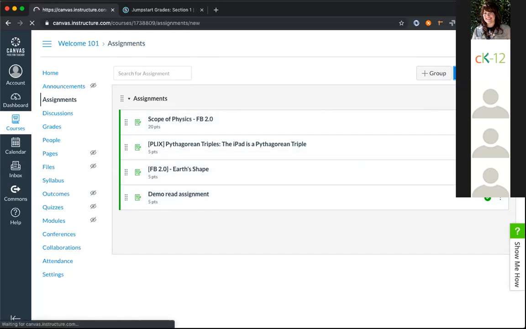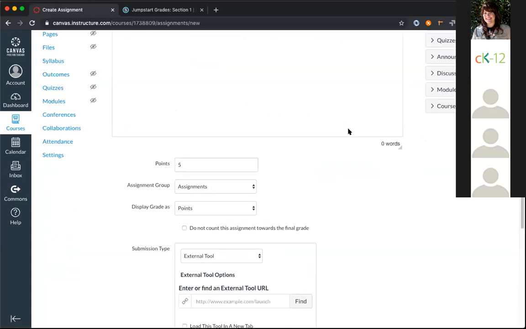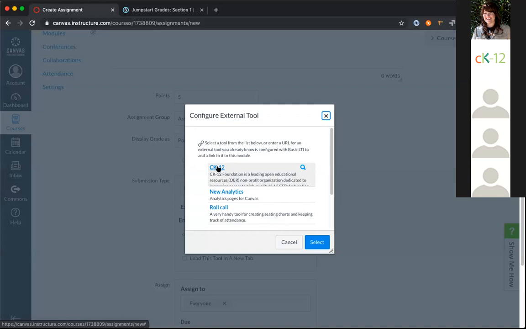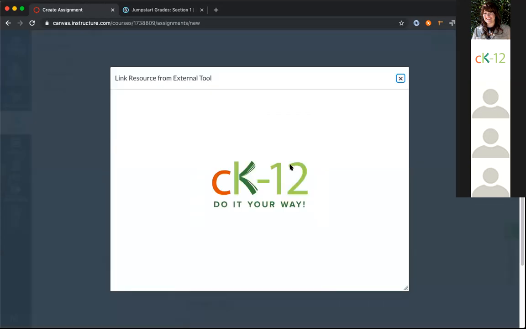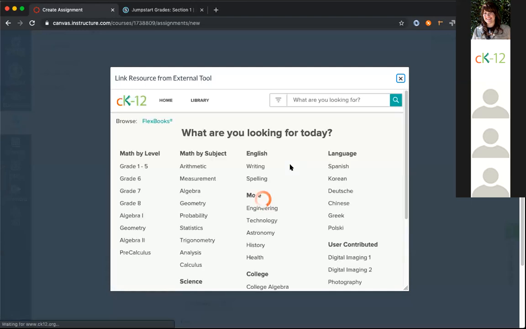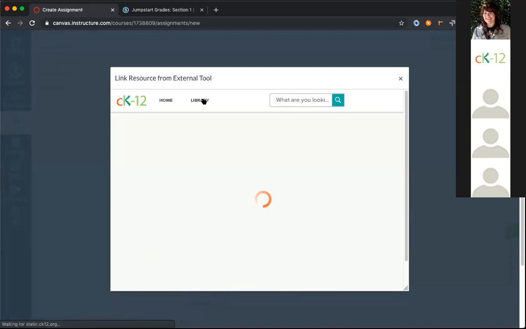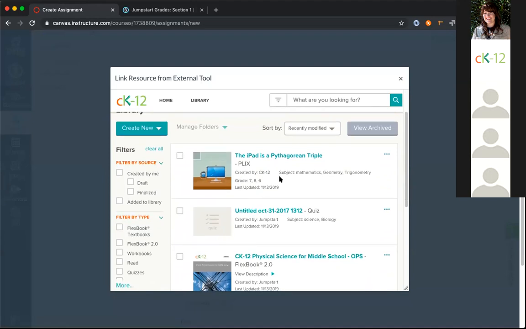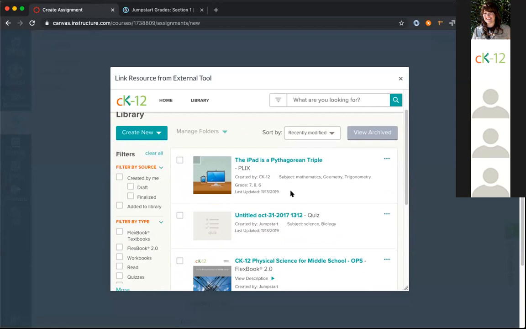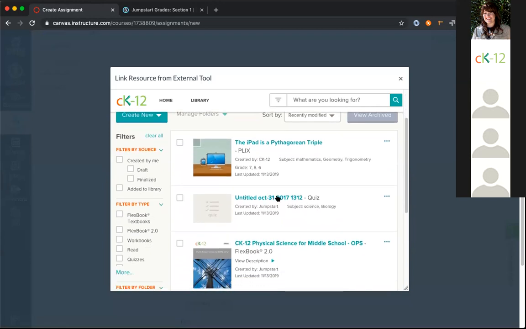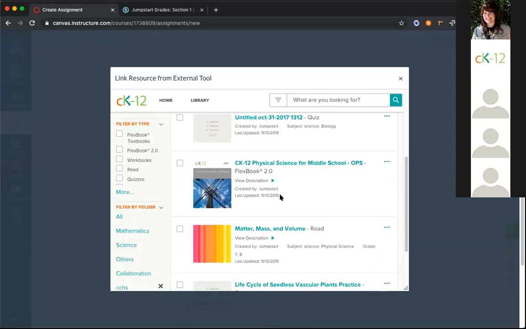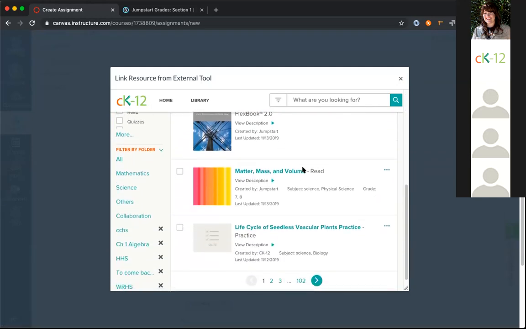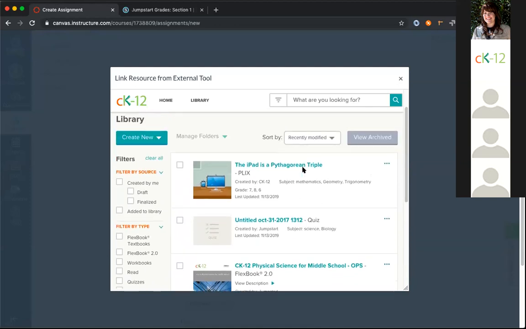I'll just open it back up and show you how to get to your library, and then I'll do a simple search just so you can see what it looks like. So again, here we are. We're going to create an assignment. I'm just going to jump into the library. And this is actually pretty handy. If you're used to just going directly onto the site, you can obviously customize things. So here's a quiz that we created, but also there's an option to add to library. So if you're browsing content and you come across something that you think you either want to use or just save for later, you can do that.